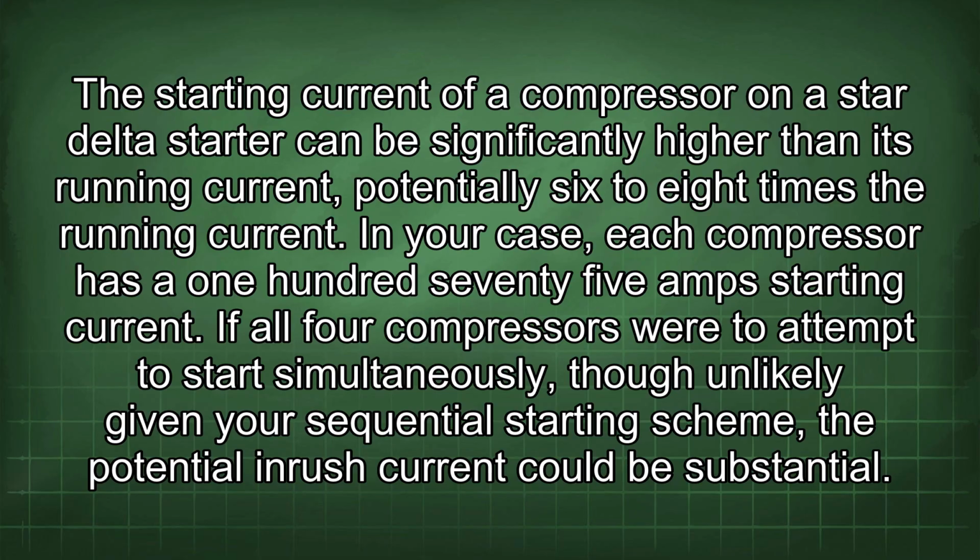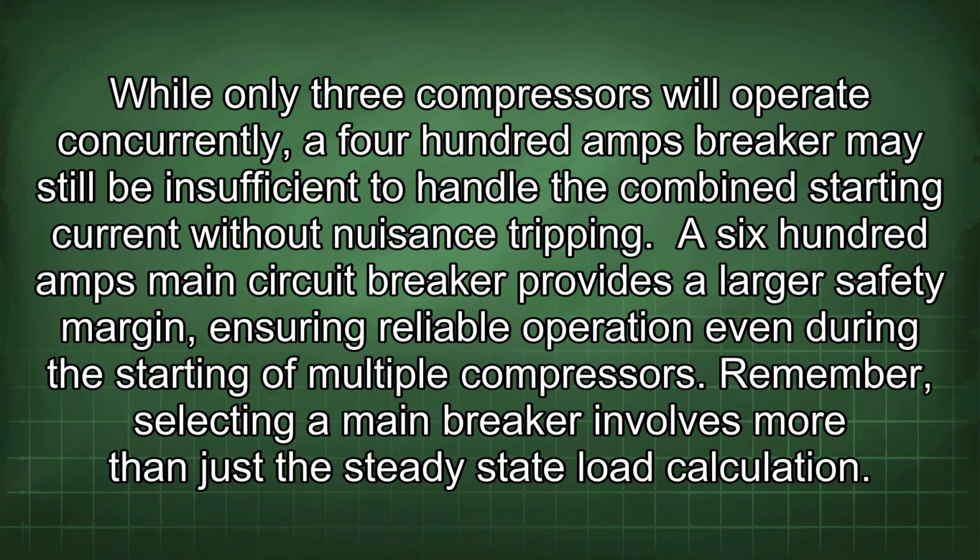If all 4 compressors were to attempt to start simultaneously, though unlikely given your sequential starting scheme, the potential inrush current could be substantial. While only 3 compressors will operate concurrently, a 400 amps breaker may still be insufficient to handle the combined starting current without nuisance tripping. A 600 amps main circuit breaker provides a larger safety margin, ensuring reliable operation even during the starting of multiple